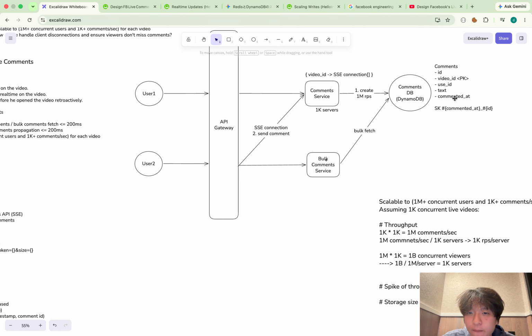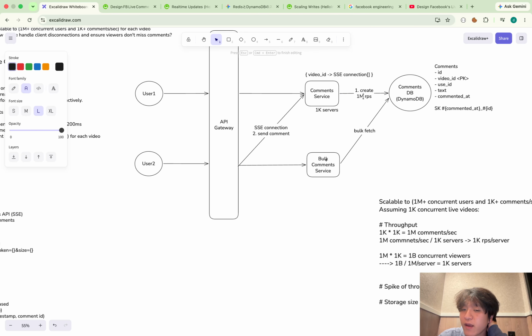So now I'm pretty sure this write request can be handled. Yeah, because this 1 million requests per sec is divided, I mean distributed, to multiple shards.